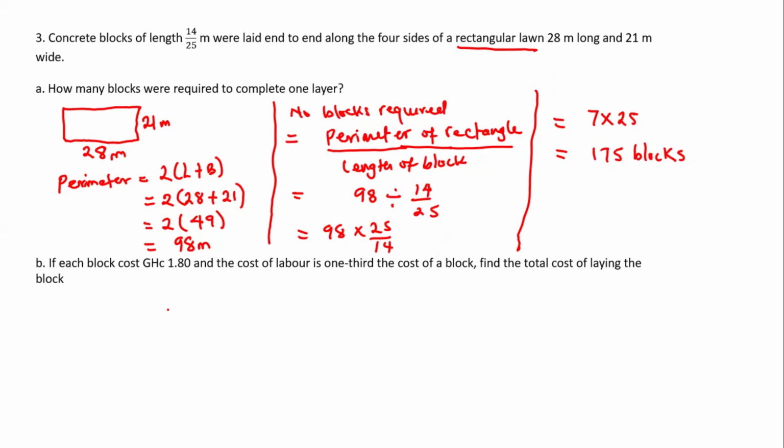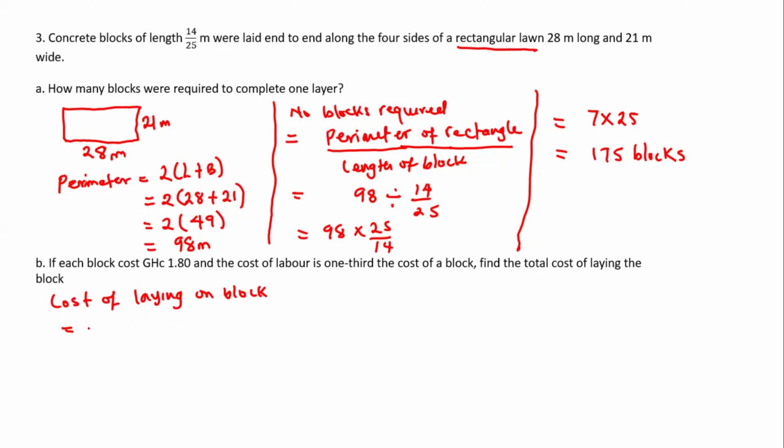Now, the second question says, if each block costs 180 Ghana cedis and the cost of labor is 1/3 the cost of a block, find the total cost of laying the blocks. Now, for you to do that, it means that you need to find the cost of laying one block. So first, the cost of laying one block